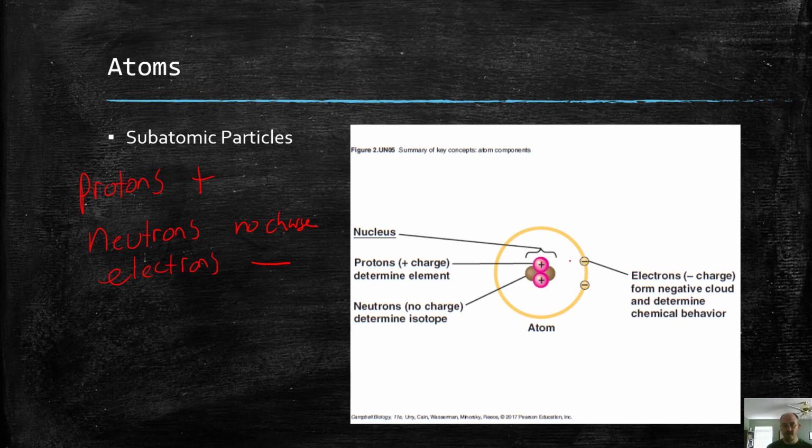Okay, so the nucleus of the atom is composed of protons and neutrons. Not to be confused with the nucleus of a cell, different thing, but they're composed of protons and neutrons here. And then the electrons are in an orbital or various orbitals around the nucleus. They form an electron cloud, but we often draw them as if they're orbiting like a planet around a star. That's not quite accurate, but they're darting around in a cloud essentially around that nucleus.